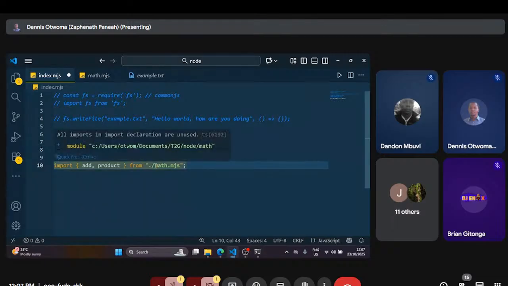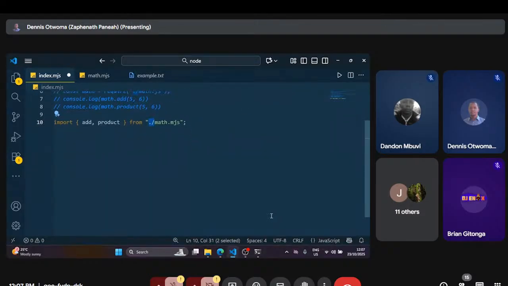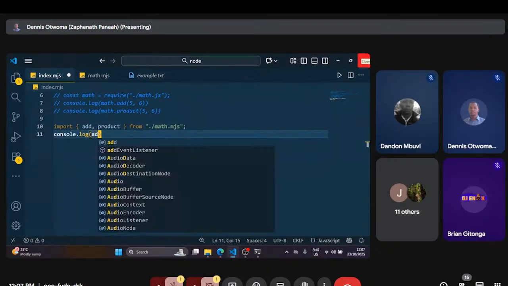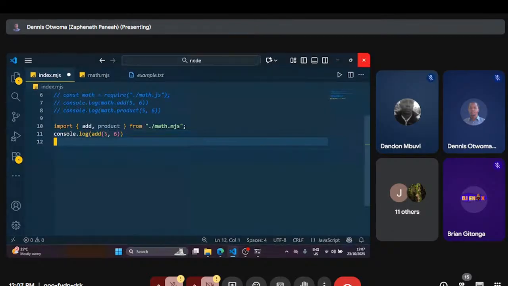Whenever it is our own module we are importing, we are supposed to prefix it with this dot and forward slash. Please guys, always remember that whenever you're importing your own modules, you always make sure that you prefix them with this dot and forward slash. And now if we log to the console here add 5, 6, and also log to the console here the product,